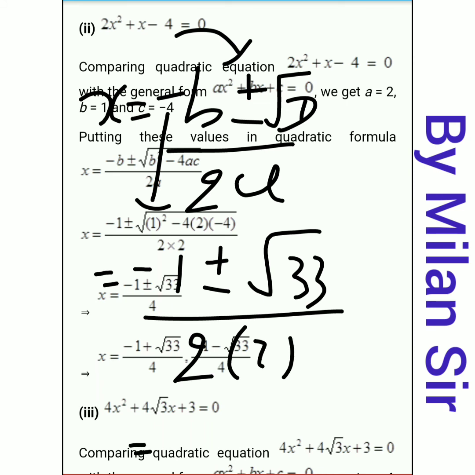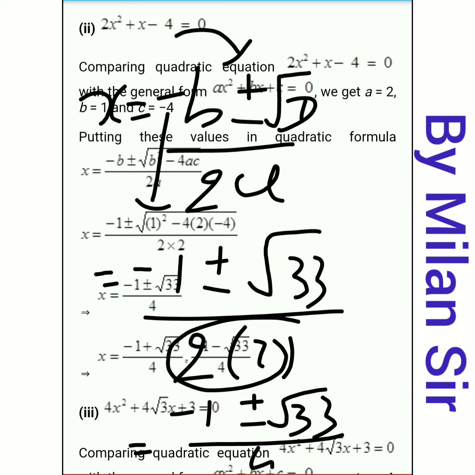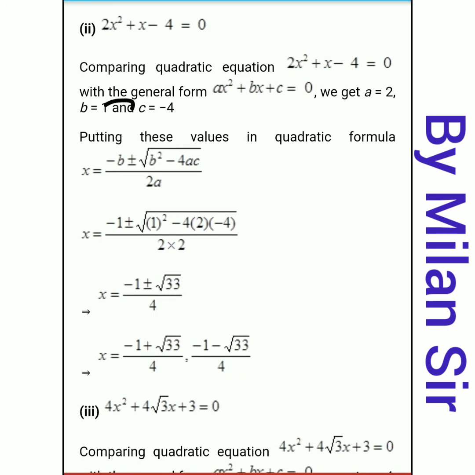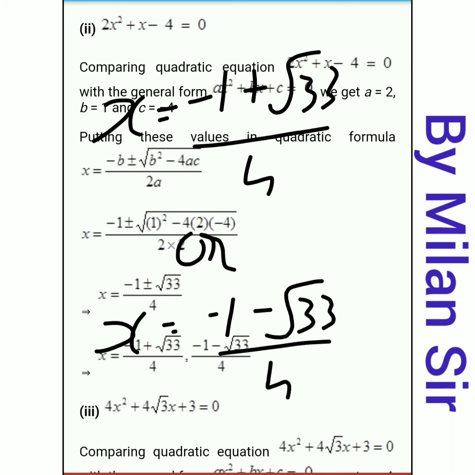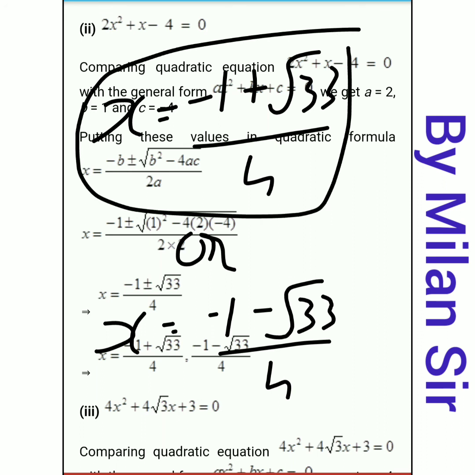Right? So here minus 1 remains as it is. Again plus or minus under root 33 as it is, and in the denominator 2 twos are 4. Okay, so minus 1 plus or minus under root 33 divided by 4. So here one time we need to consider the plus sign: minus 1 plus under root 33 divided by 4, and otherwise we need to consider the minus sign: minus 1 minus under root 33 by 4. So these are our two answers, and this is the simplest form, right? So we cannot simplify it. So this is our final answer.